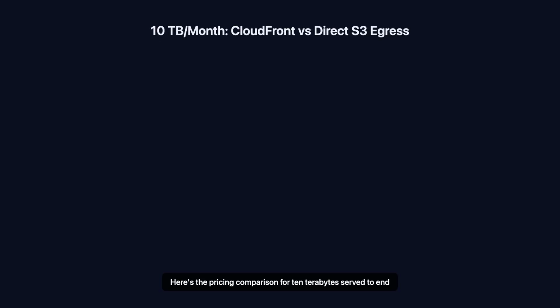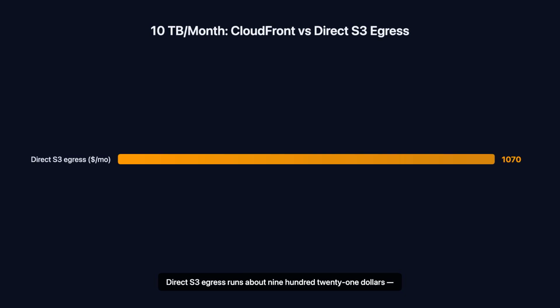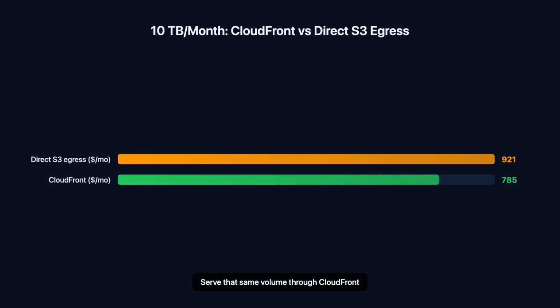Here's the pricing comparison for 10 terabytes served to end users each month. Direct S3 egress runs about $921. That's roughly 10,240 gigabytes at 9 cents, minus the first 100 gigabytes free. Serve that same volume through CloudFront and the bill drops to around $785 because CloudFront's data transfer out rate is 8.5 cents per gigabyte versus 9 cents from S3 directly. That's a modest 15% saving on pure